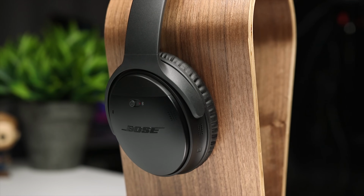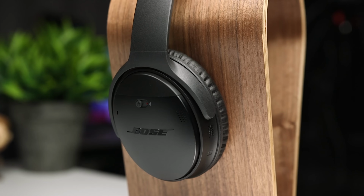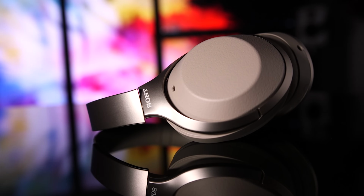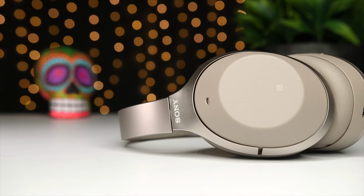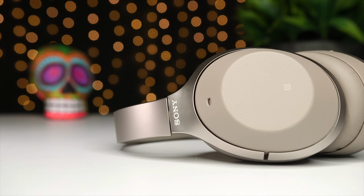If comfort is your primary concern, then something like the Bose QC35 Mark II may be the slightly better option. However, you'll still be able to use the 1000X M2 for hours on end with almost no discomfort. These are a great option for a long day working in the office, an extended running session, or an international flight. But comfort isn't just reserved for feel, it means ease of use, and in this respect, the Mark II